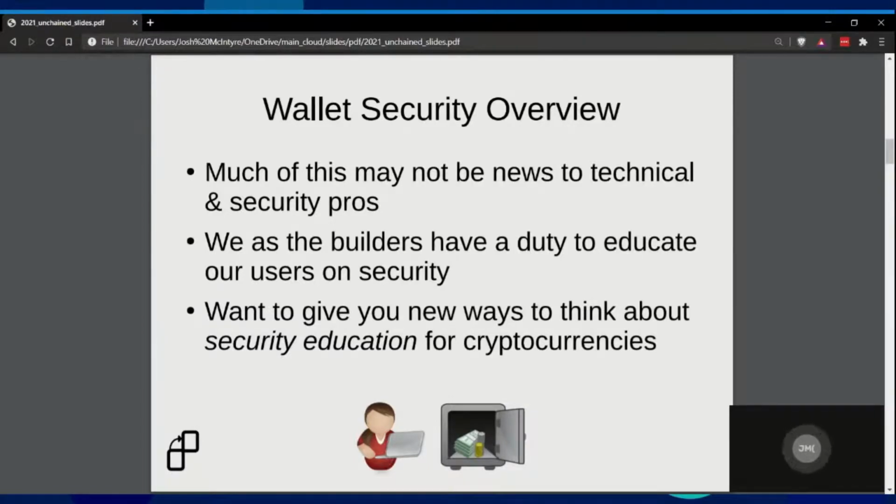Some of us that are technical folks have a mentality that users should just get down to it and understand it and be their own bank. And if they screw up, woe on them. But with the great power of being your own bank comes a great responsibility to understand your own safety and security. I want to focus on presenting security information to people from differing backgrounds.